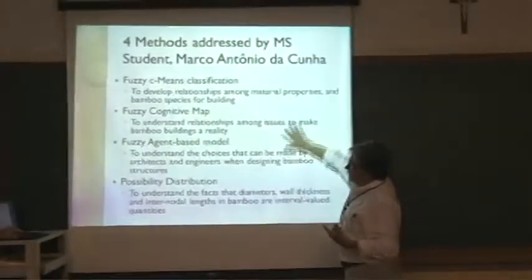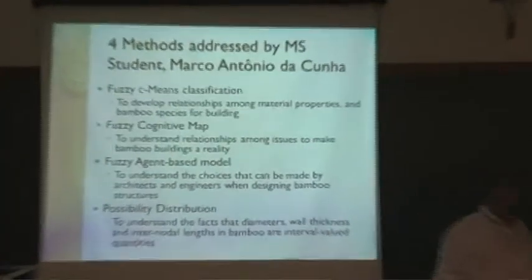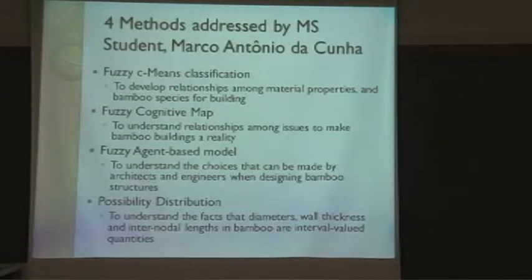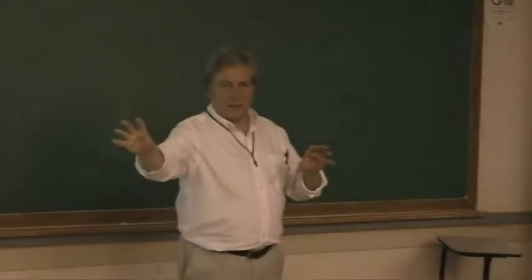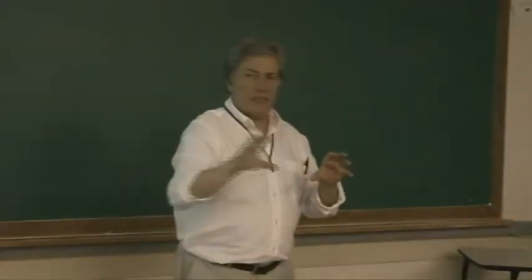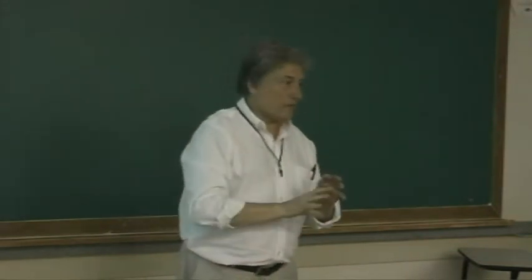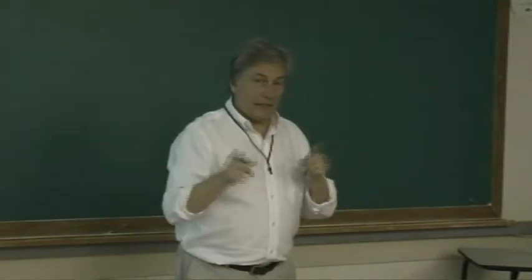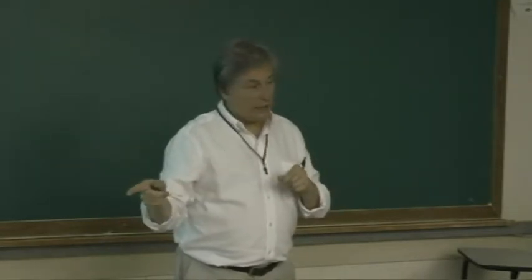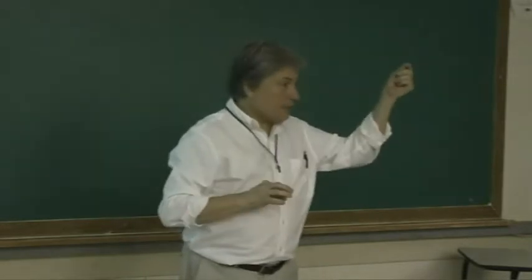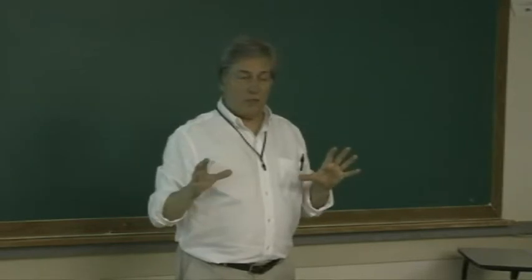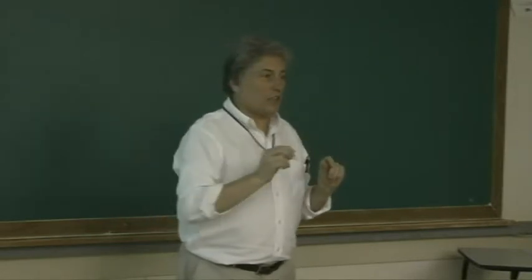This issue here, cognitive map. A cognitive map is a kind of modeling tool where you have some concepts that are related to one another, like social issues, political issues, economic issues, technical issues, issues with skilled labor, issues with competition, issues with profits. These concepts are what an investor needs to see, and they're related somehow. When one goes up, the other one might go down. When one goes up, another one might go up. And so you have this map of these concepts that are related by what's called causal effects.